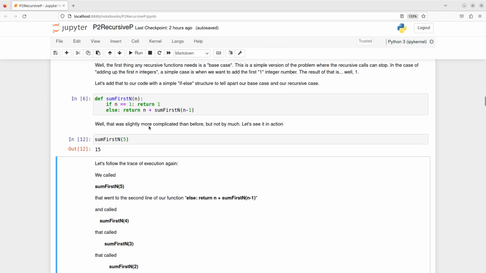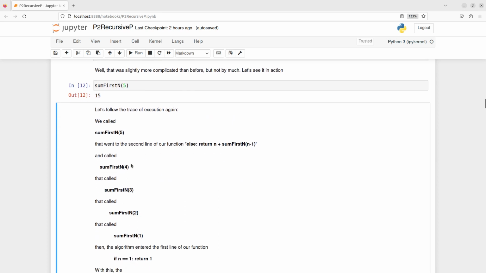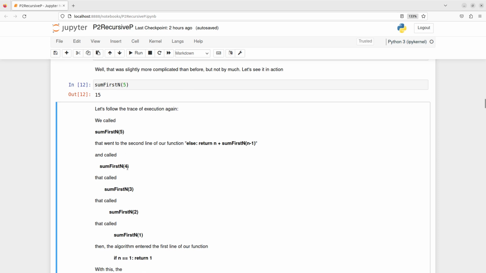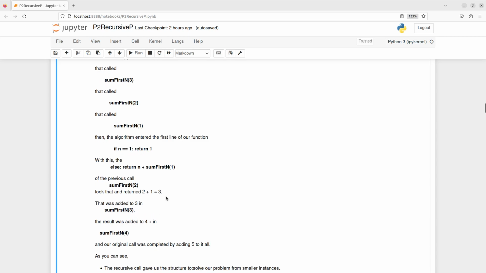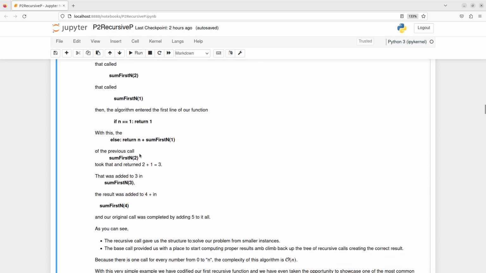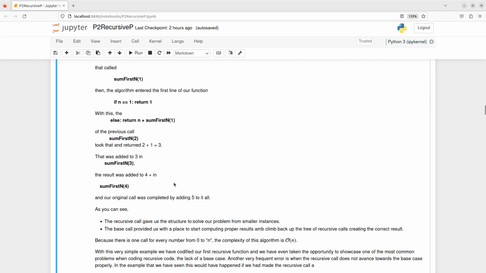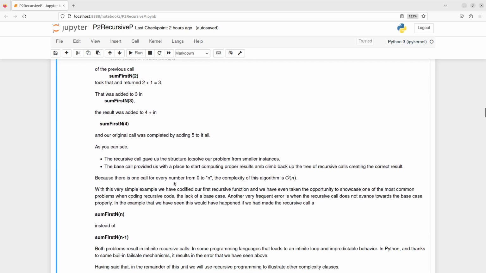Okay, so here we have our first recursive code. Recursive call, diminishing parameters, base case, and everything works fine. Okay, here you can see the tree of recursive calls and how the result of the recursive calls, once reached the base case, helps to build the solution for every call. Okay,